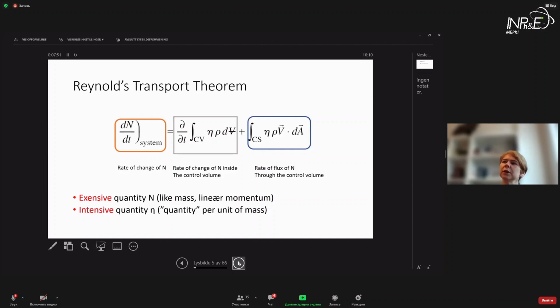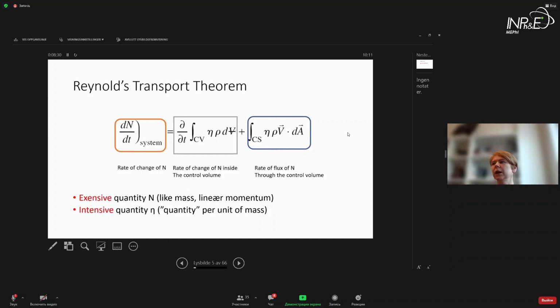But there are also other quantities which are called intensive quantities. And this I define with the little eta Greek letter. This is the quantity, but per unit mass. It is mass independent. An example of such a quantity is temperature. If you have a kilogram of water at 20 degrees and you double it, you have 2 kilograms of water, it doesn't become 40 degrees temperature. It's still 20 degrees. Some properties are inherently intensive, such as temperature, and some we can make intensive by